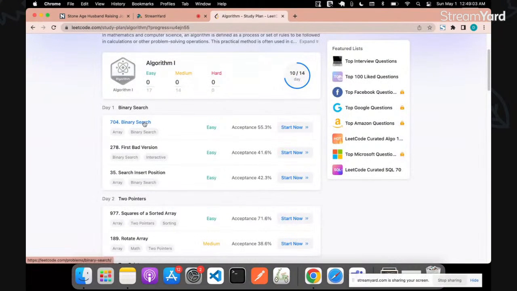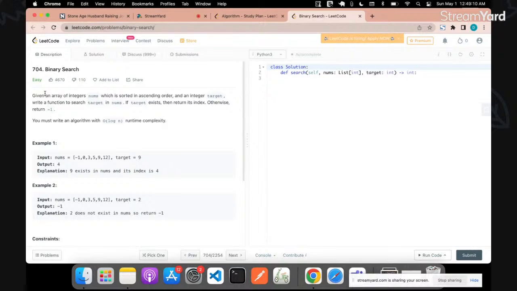Okay, let's pick up binary search. Given an array of integers nums which is sorted in ascending order and an integer target, write a function to search target in nums. If target exists, then return its index, otherwise return -1. You must write an algorithm with order of log n runtime complexity. So binary search is order of log n because